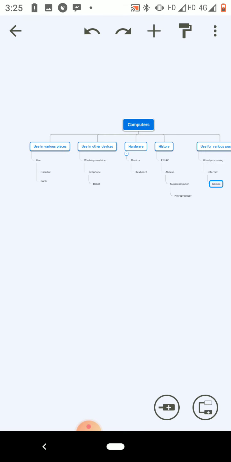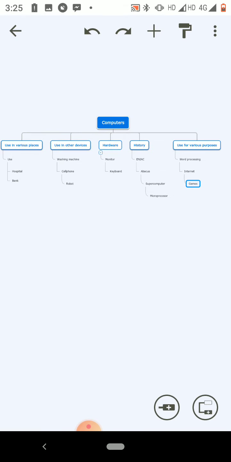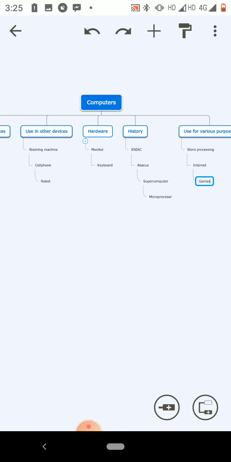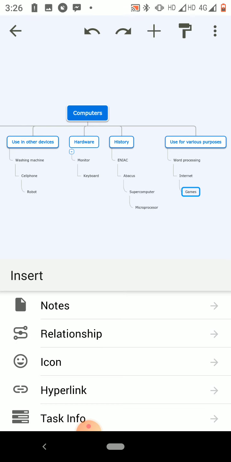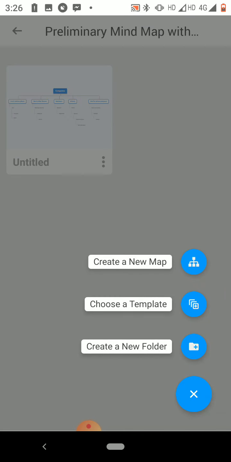So look at your mind map created here with the use of the MindDomo application. This one is the mind map of the second level of categorize. Okay. Now next I show you a mind map with some categories merged. So you save your file and draw another mind map.